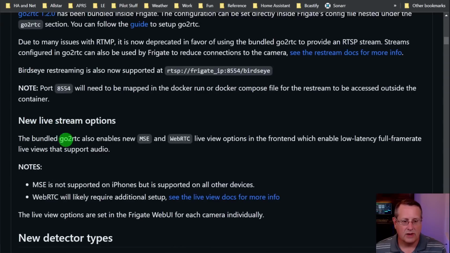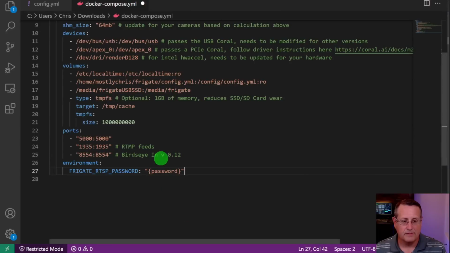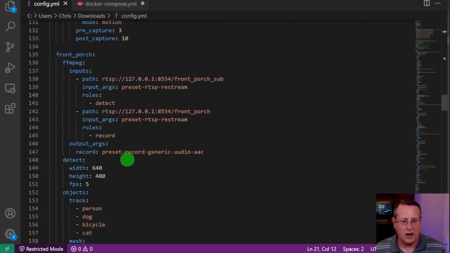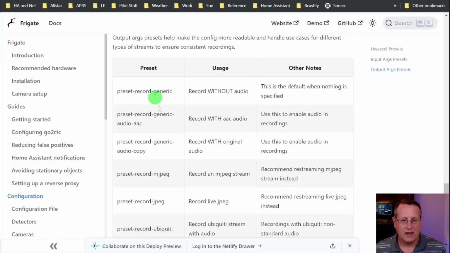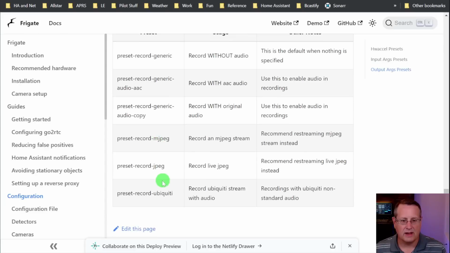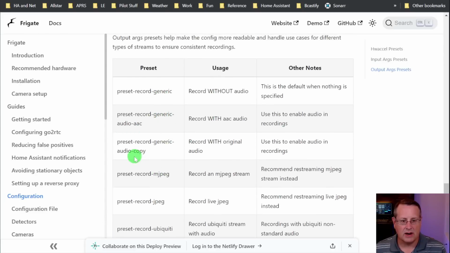New live stream options enable MSE and WebRTC, so you can have full frame rate video that supports audio, and you have to enable that. In my configuration file, I actually have a section here under my camera that has audio on it, and it's got an output argument, preset record generic audio, and I'm running AAC audio from my cameras. This is an ffmpeg preset, and there's a lot of different presets that you can actually use in the cameras, and there's a whole page on presets for input args and output arg presets for generic audio copy,